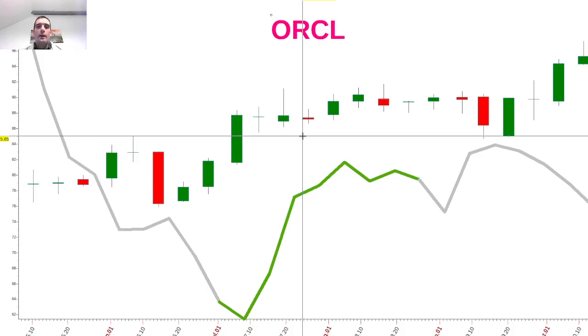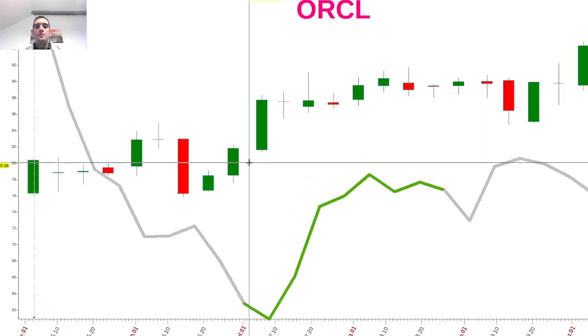We're going to be reviewing how our EquiPredict green wave forecasting model works. We're going to be using the weekly chart of Oracle Corporation, and we're going to talk about what we should be looking for in terms of price action bias between the given dates of a particular forecast, the origination and